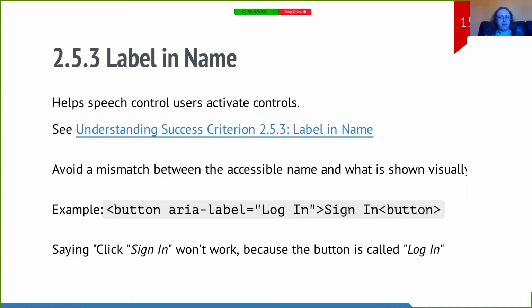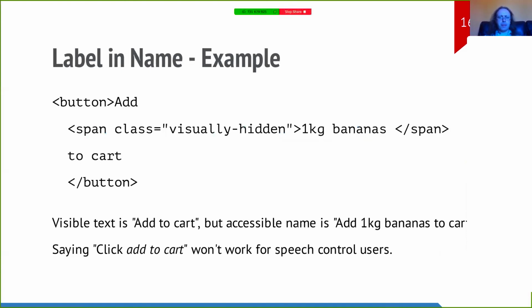There is another example of this, which I found on a blog post somewhere, explaining this in more detail. Sometimes we have a button like this, and it might be a shopping site, and there's a load of products, and for every product there's an add to cart. But when you have lots and lots of buttons and they've all got the same text, a screen reader user might have difficulty confirming they've got the right button. So we've made the buttons all sound different to a screen reader user. We've put a visually hidden piece of text in to make it clear we're adding bananas to the cart or adding apples to the cart.